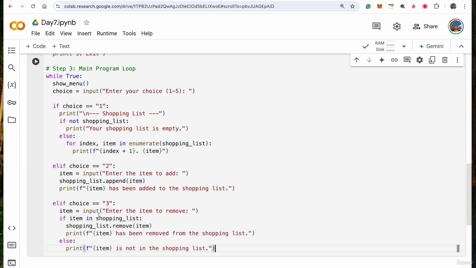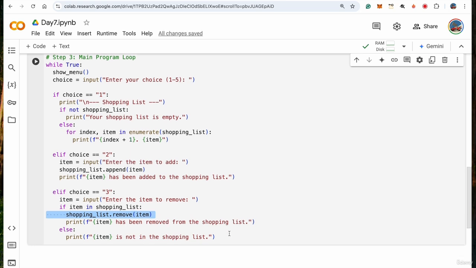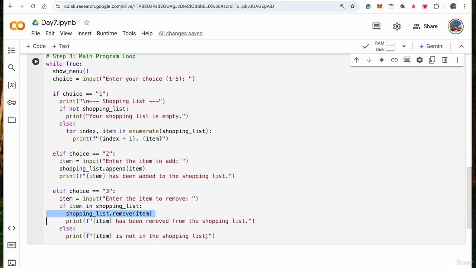What if the item is not there? If it's there, I'm going to say shopping list remove the item, and I say item has been removed from the shopping list. If it doesn't exist, I'll say item is not in the shopping list. What are you trying to remove? Something like that. So once that is over, next option is else if